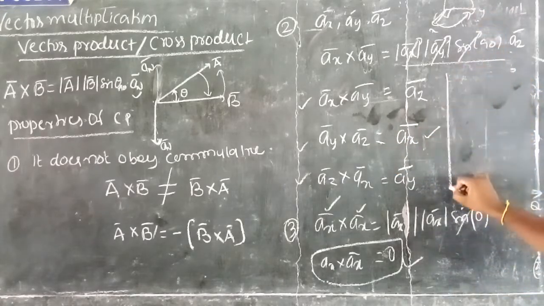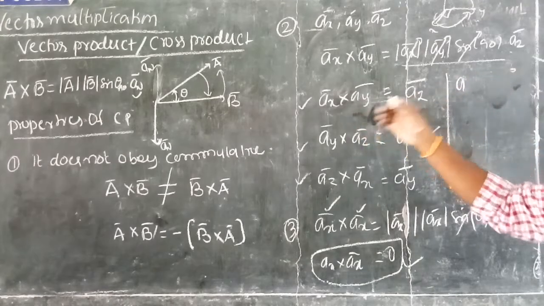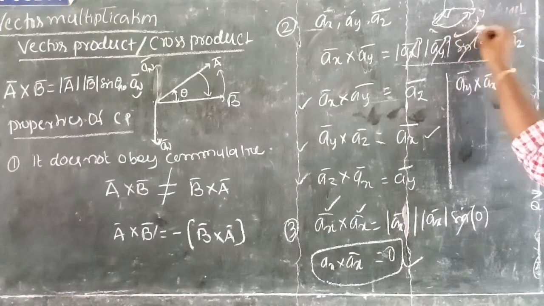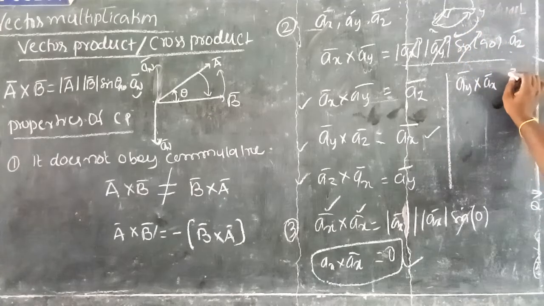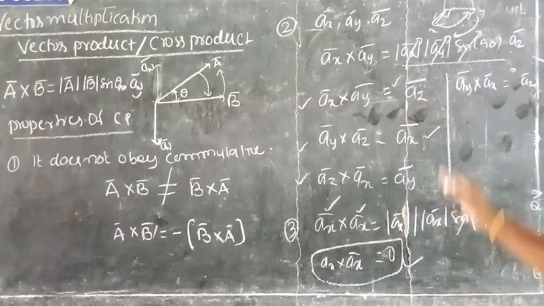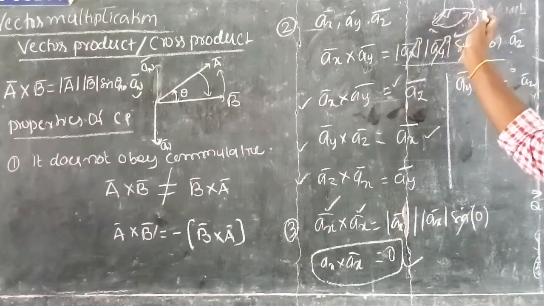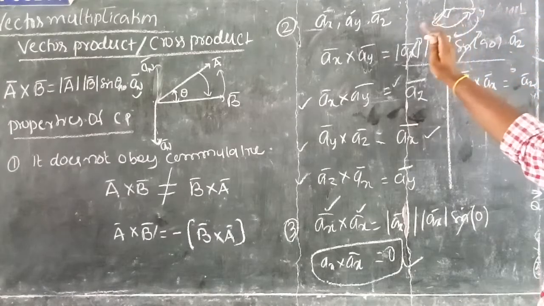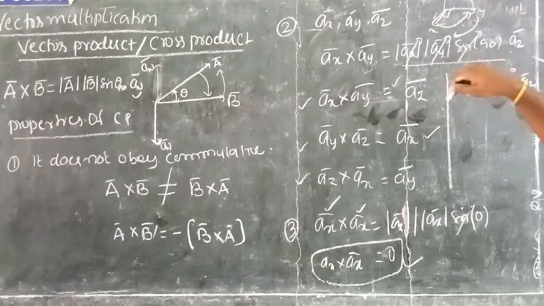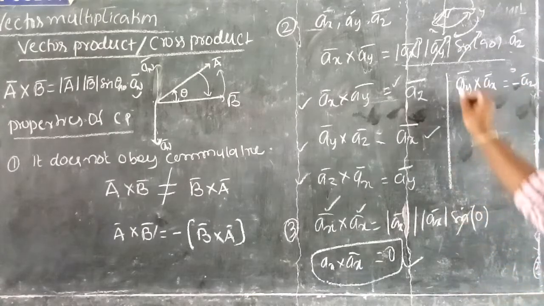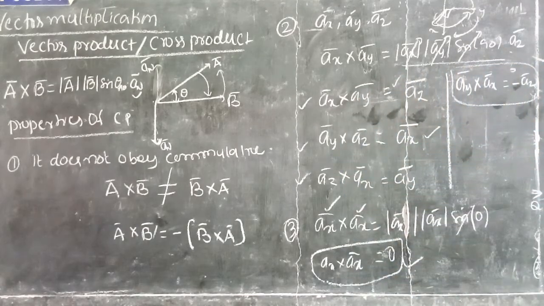See, if I do the cross product in reverse, that means Ay bar cross Ax bar, what is the direction? Anyway, the magnitude is Az bar. What about the sign? Earlier I got a positive sign. Why? Because as x is rotated towards y, it is going upward, and upward is the positive z axis. Suppose y is moving towards x like this, then the direction is downwards. Downwards is the negative z axis, so the sign is minus. These are the properties of the cross product.